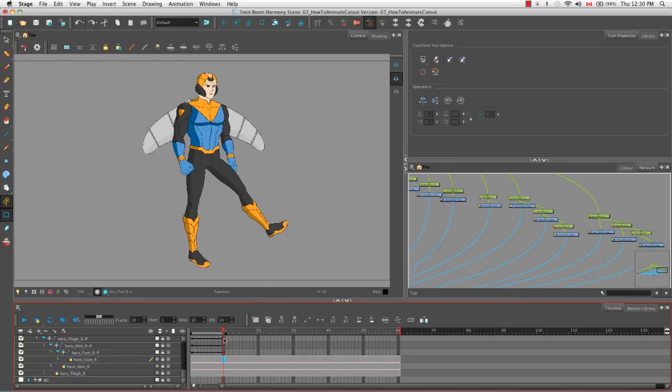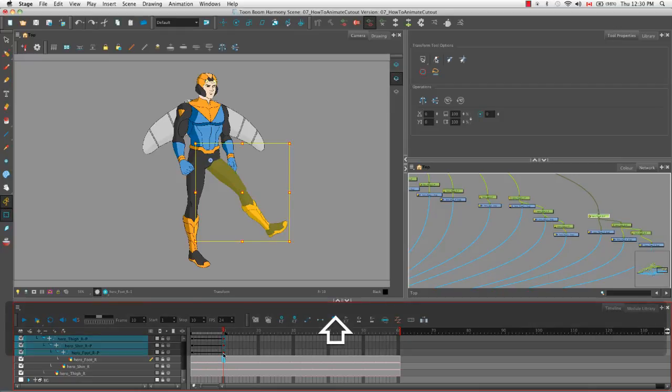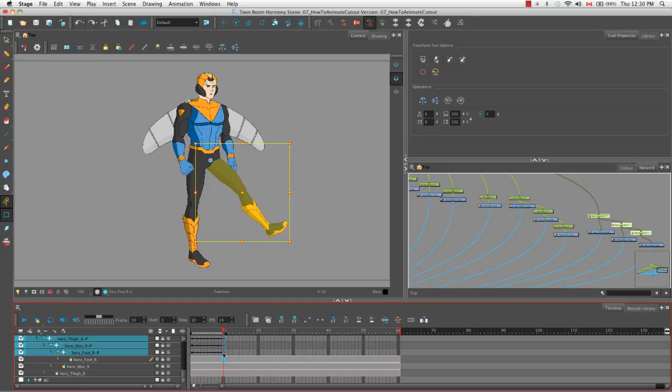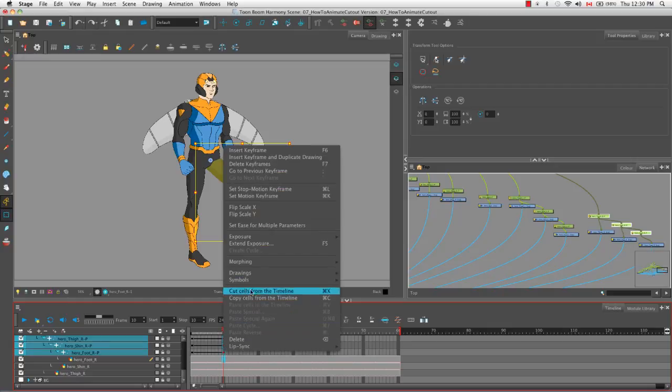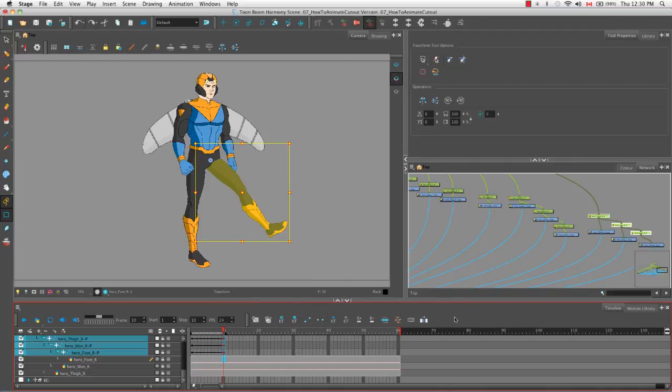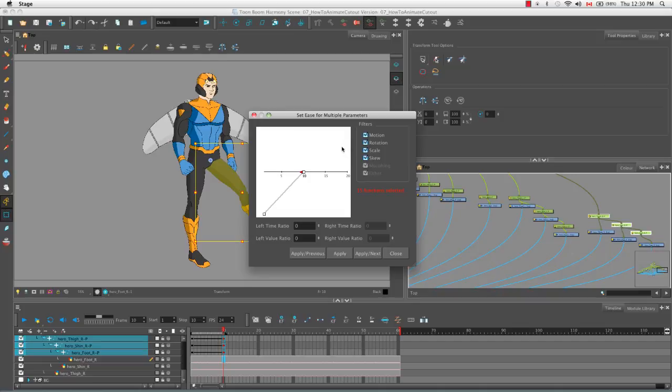So you can do this by selecting a keyframe, holding down Shift, and then selecting the last keyframe in the group that you'd like to change the easing for. Then you can right-click and select Set Ease for multiple parameters, or you can simply click on this button here in the timeline view, which is the Set Ease for multiple parameters button. So then the Set Ease for multiple parameters dialog box appears, and what you can do is grab this little